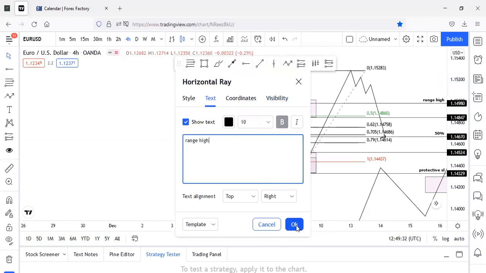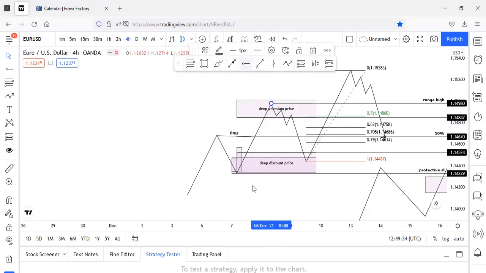Okay. This one we are having here, they call it what, range low. Understand? Range low. This one we are having here, they call it what, range high. This is another new range high because it has broken structure, the major structure here. So we are expecting the market to push to the discount price again, deep discount price, or it can,